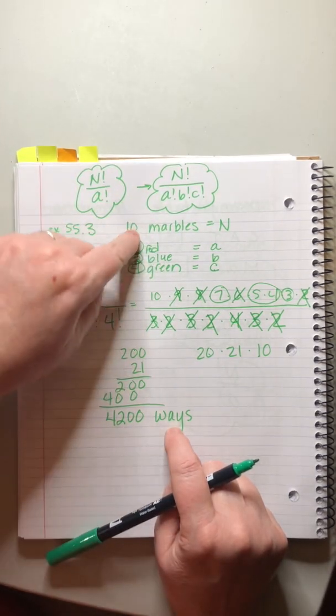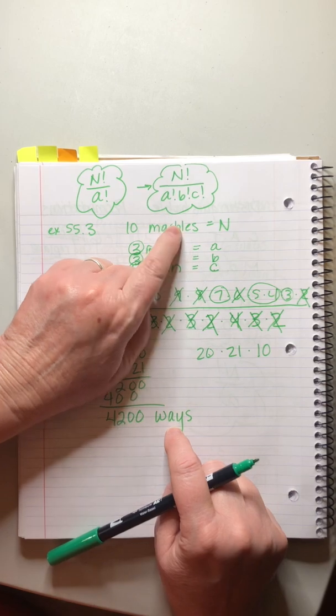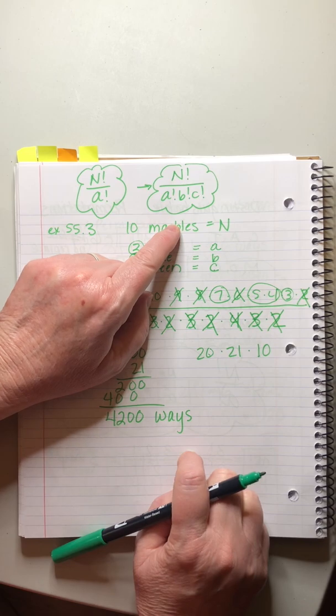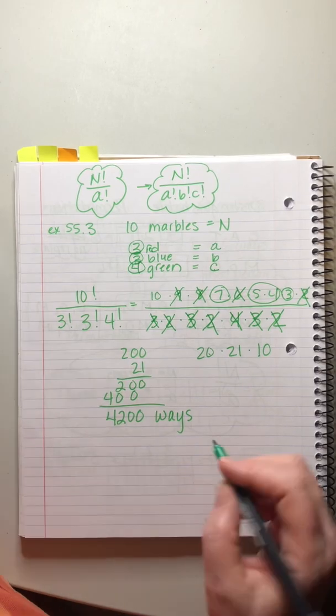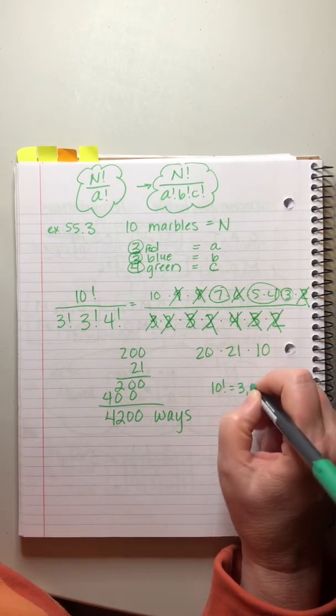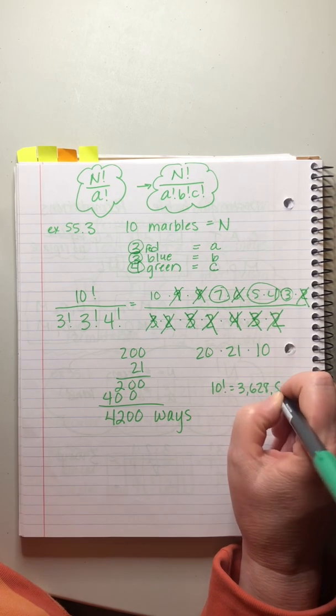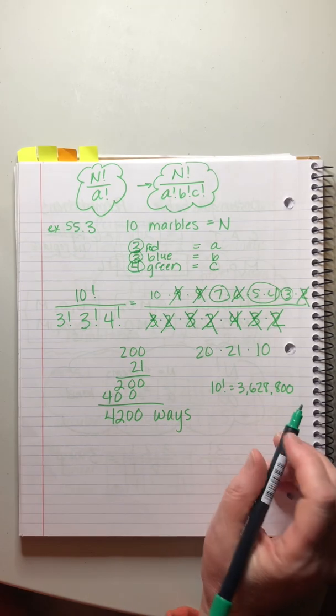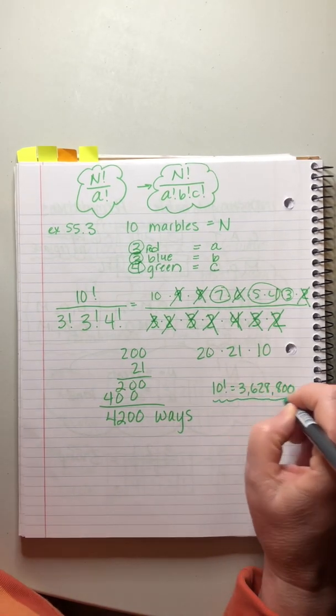If we find the total number of permutations for 10 items, it's really big. Let me find it. John has it in here somewhere. It's 3,628,800. 3,628,000, is that what I said? 800? Let me double check. Yes. Okay, so if we just did a